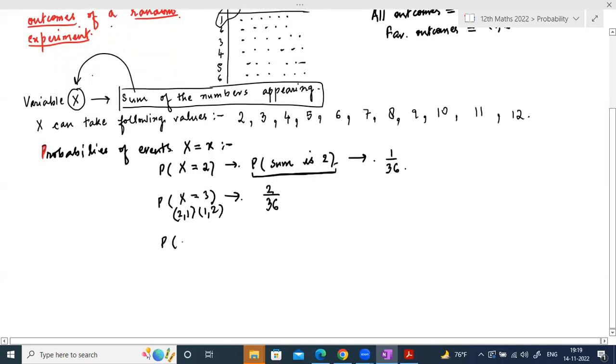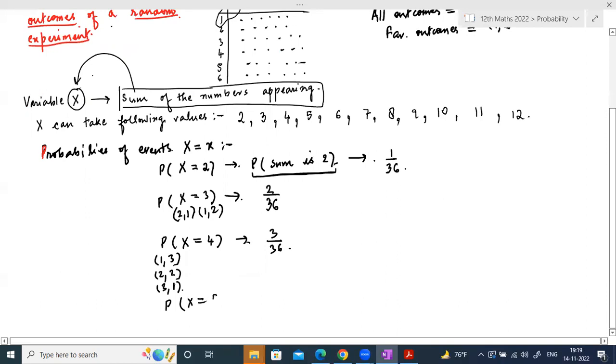What is the probability of getting sum 4? In how many ways can you get 4? 1 3, 2 2, 3 1. हाँ मतलब हर बार एक एक बढ़ रहा है. Looks like. Let's see what happens.